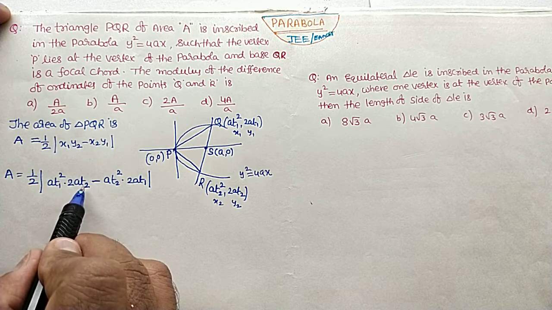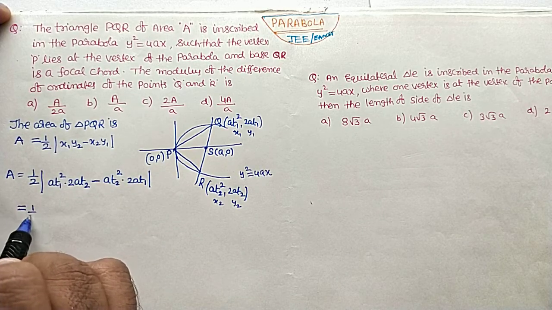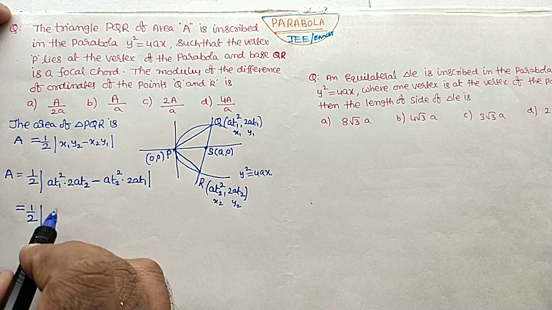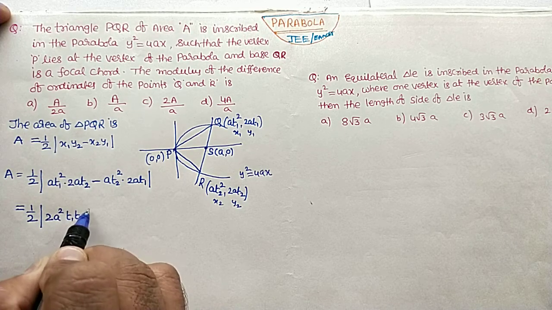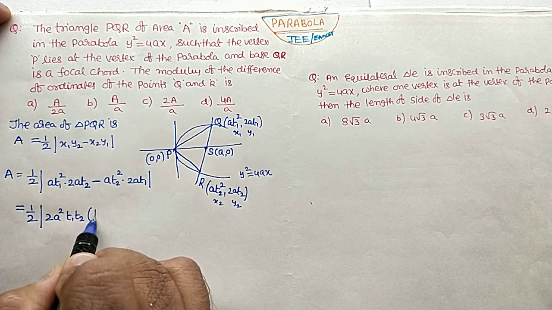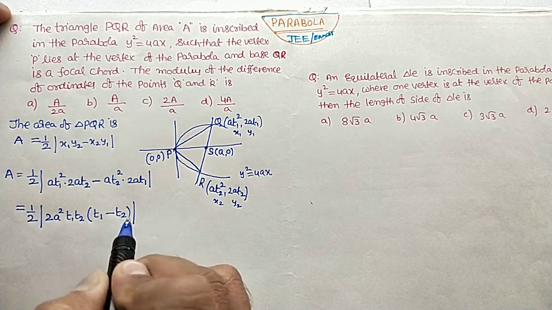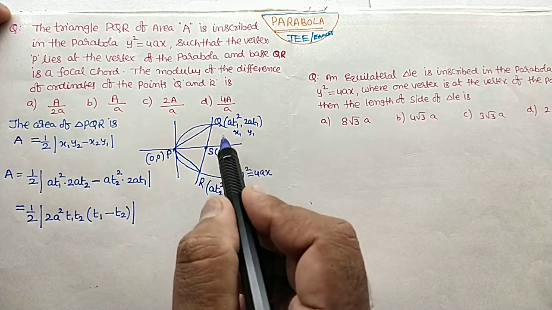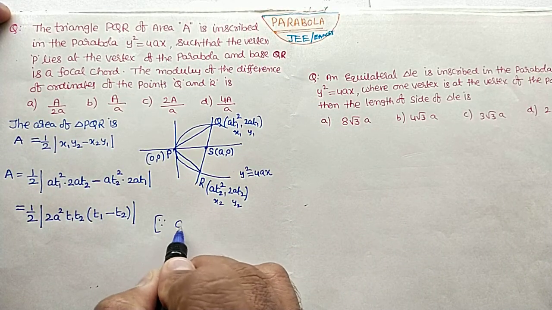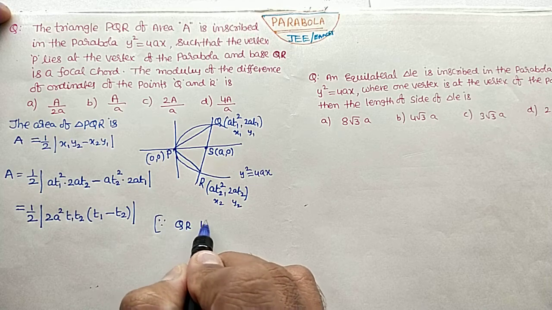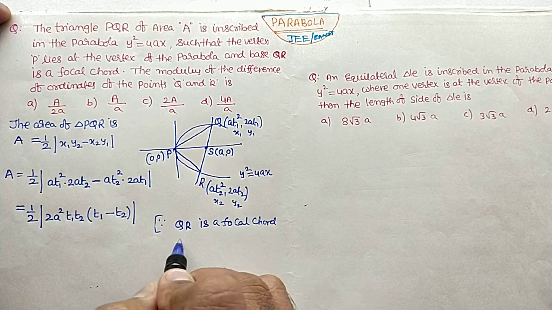After that, t1 t2 is there here. t1 t2 is also there. So ultimately from these two terms, we are taking common 2a square t1 t2. The rest of the terms from here, t1 minus t2. Since QR is a focal chord of the parabola,